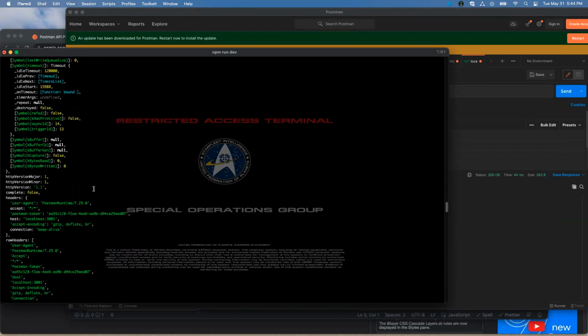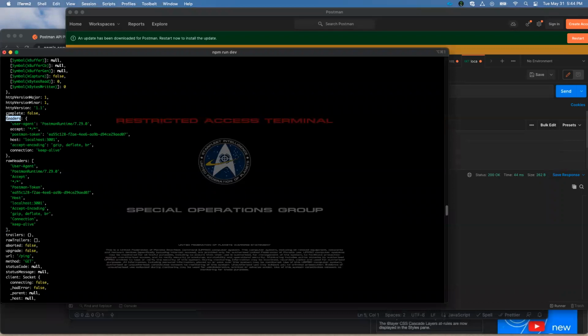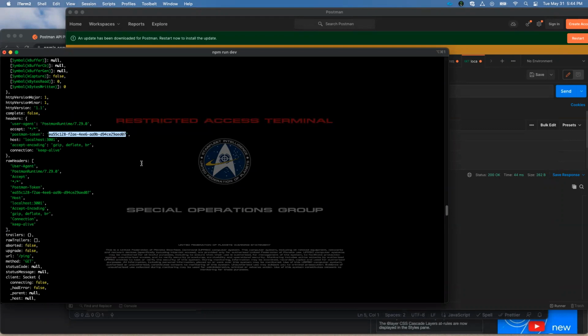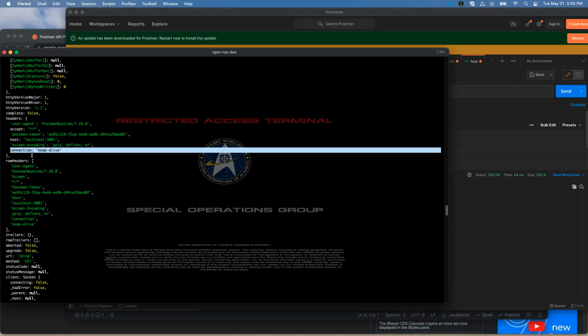Again, there's a lot going on here, but we can see there's a lot of information like the user agent. In fact, this is headers. User agent is literally the app that the user is using to access this endpoint. In this case, it's Postman, and it accepts every kind of file type. Postman token, don't honestly know what that is, doesn't matter. This is our host, it's going to 3001, and there is no origin because we're not really on a website with Postman. Accept encoding: we could send back gzip, deflate, br. And the connection is keep-alive, which doesn't really matter for us because this is,